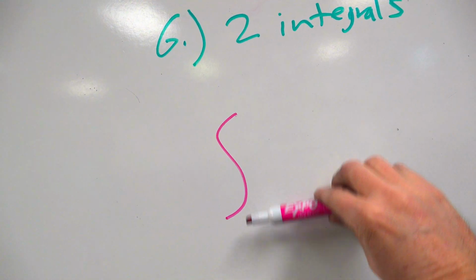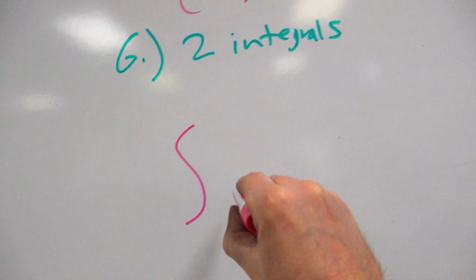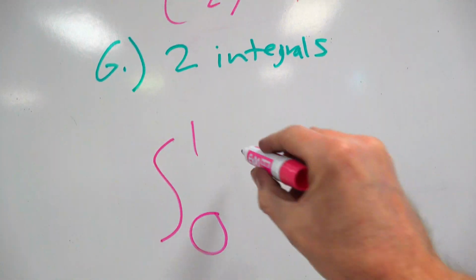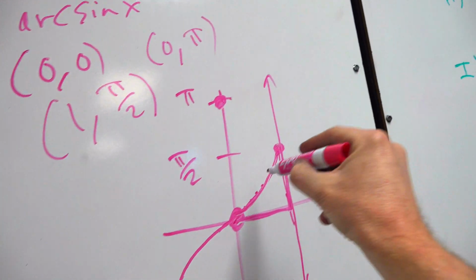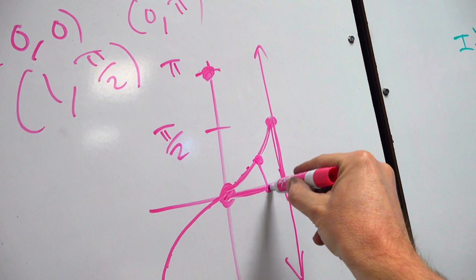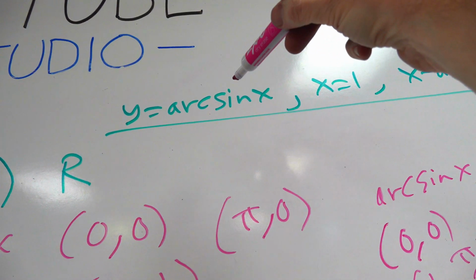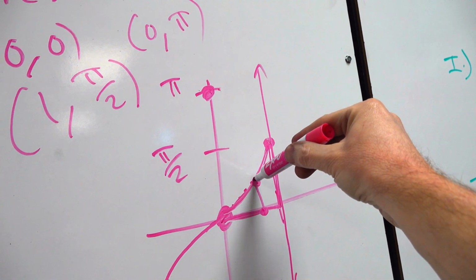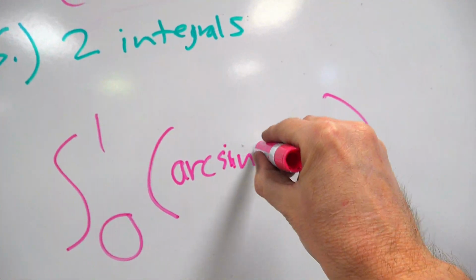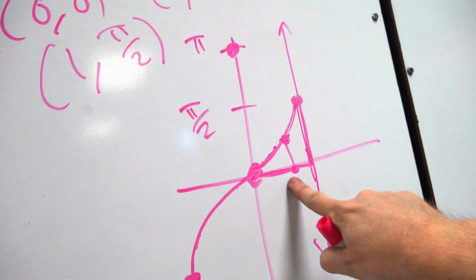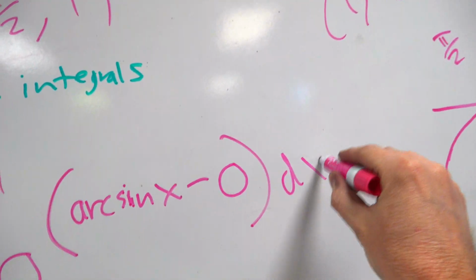Remember the left x to right x? 0 to 1. 0 to 1, left to right. Integration of the vertical distance. Top y minus bottom y. Let's check out a little vertical distance right here. Okay, very easy. The top y is arcsine of x. That's what makes those y coordinates happen. Arcsine of x, minus the bottom y is on the x-axis, which is 0, with a dx,